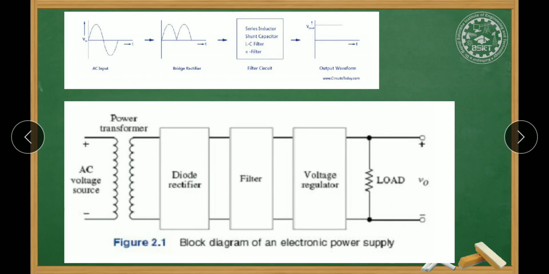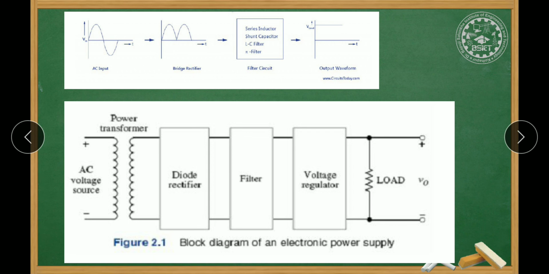Now this is the block diagram of an electric power supply, or you can say a DC regulated power supply. MSCB supplies us with a 230 volt AC signal, right? That signal cannot be directly given to our home appliances or it will damage those appliances. So what do we need? We need a circuit which will reduce its strength and convert it into pure DC.